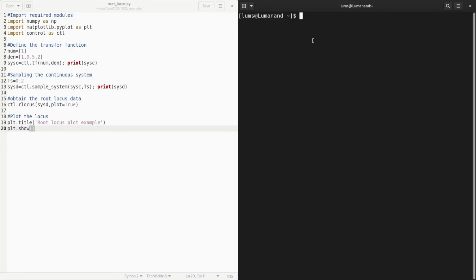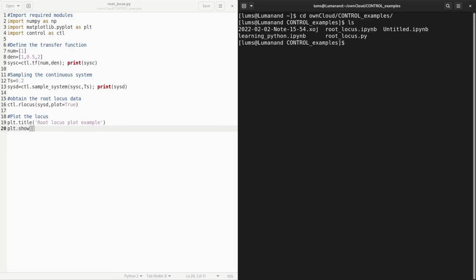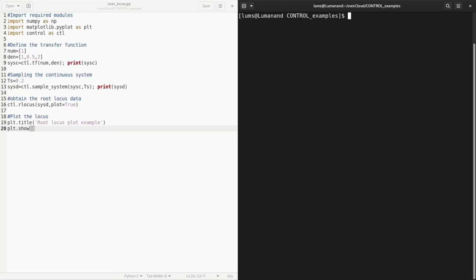I will change directory to the control examples and ls. You see that we have this root locus.py. Okay. So let me clear the terminal window and I will bring up IPython.